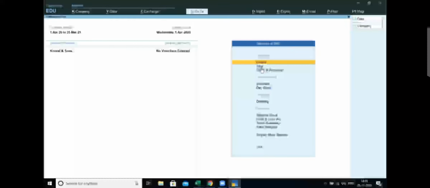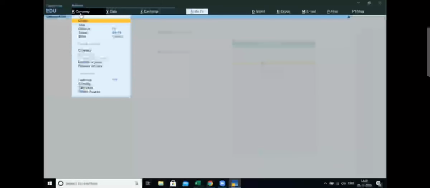You can alter it, but mind this, remember this alter key is not the key for the alteration of your company data. This key is not available to alter the company details of the forms that you had filled in. This alter is available to alter the masters of your company. So from where can you alter the basic company details? Again you have to go to company, that is Alt K, and from here you can select the option alter.